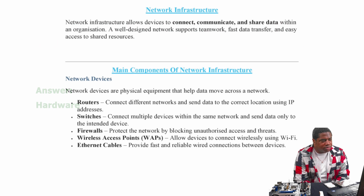Network infrastructure. Network infrastructure allows devices to connect, communicate, and share data within an organization. A well-designed network support system